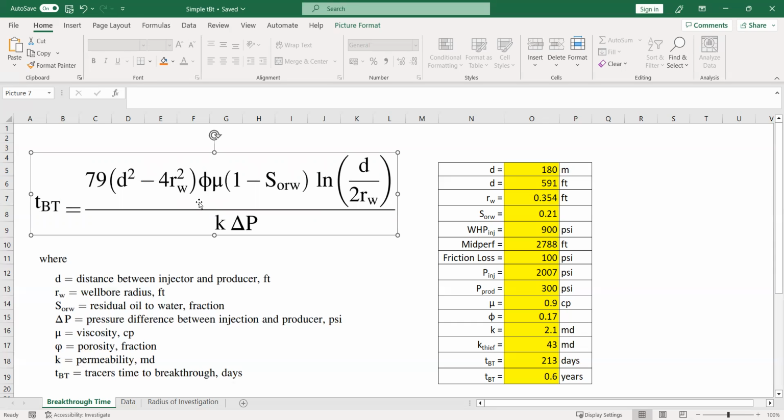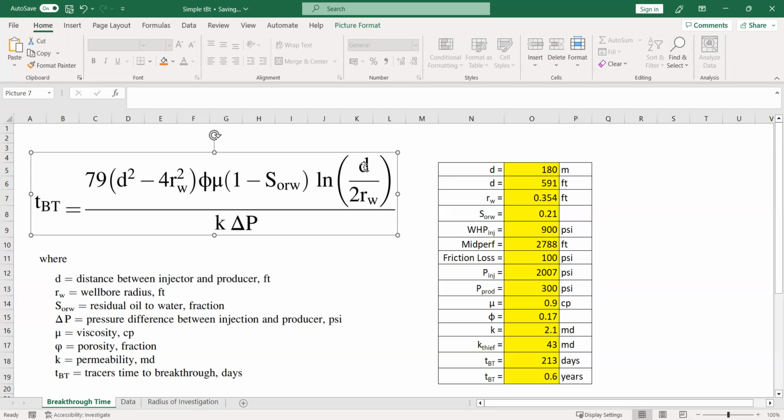And then here will be multiplied by porosity in fraction. You know that, just ask your petrophysicist friend. And then viscosity, all right, in centipoise. You need to check the laboratory data, and then all multiplied by 1 minus residual oil saturation in the water oil system. You check the core analysis data,